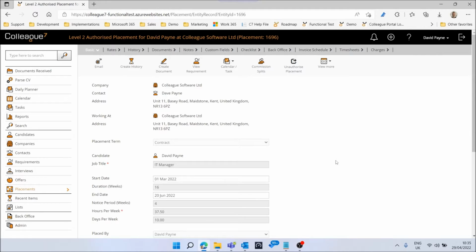So the final point to cover just before we go into the candidate portal is the placement record. What we've done now is placed this candidate, that we generated a candidate portal user against, into a placement. That's because within the candidate portal there is the means to submit timesheets. So this is the placement that we'll use for the timesheets submitted from the portal for this particular portal user. And in terms of what's different from the placement perspective to be mindful of, one is that